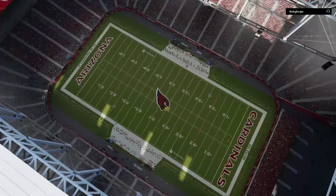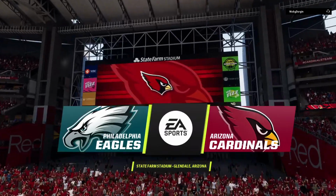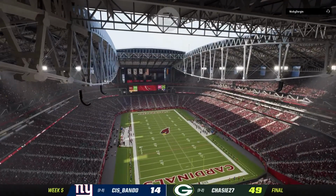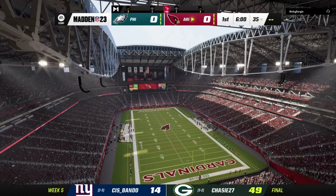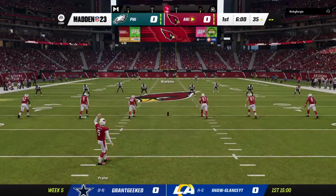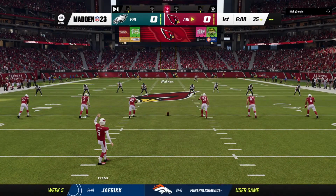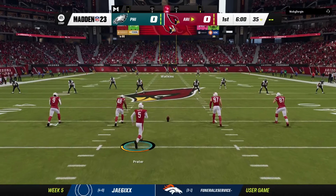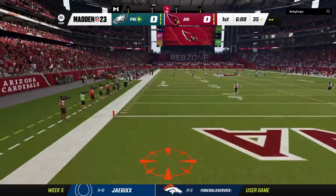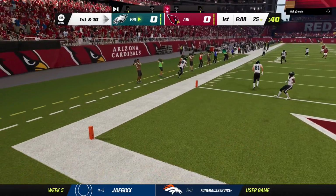In the silver-haired community would say it's a great day for golf, and it is, don't get me wrong, but we say it's a great day for football, and the roof is wide open here in Glendale at State Farm Stadium. Today, we've got a good Week 5 matchup in store here between the Philadelphia Eagles and the Arizona Cardinals. The first quarter of the season already in the rear-view mirror, and off we go in Week 5 on EA